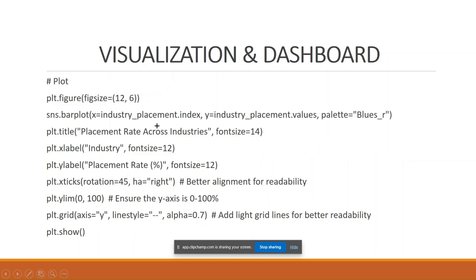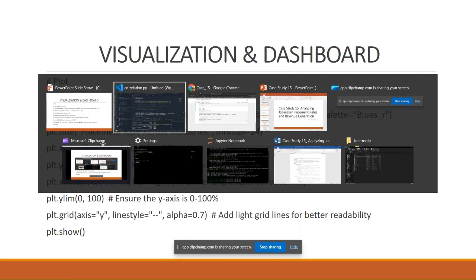These are the indications for the figure. We have the title, the label on the x-axis for industry, and the placement rate on the y-axis, and this is just to ensure that it's better aligned. The y-axis is 0 to 100%, and this is just for easier readability. So when we run this for the bar plot,